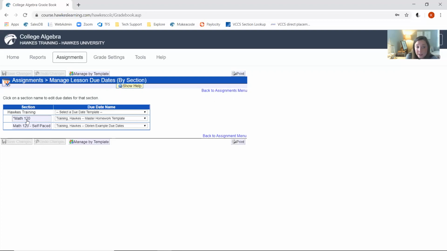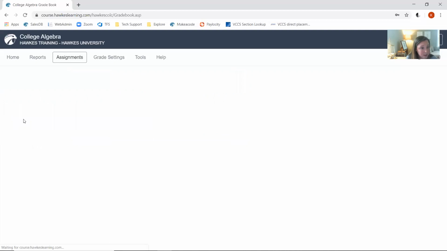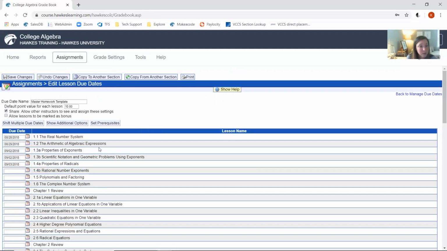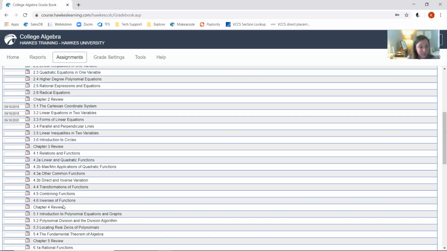To actually begin the process of selecting the lessons that you're going to assign to a section, you're going to click on the actual name of the section in the gray box. It will load a screen that looks very much like this. If you are starting from scratch, you'll see a page that's similar, but instead of seeing some pre-populated due dates here that are quite out of date, you'll just see all of the lessons that are available to assign within